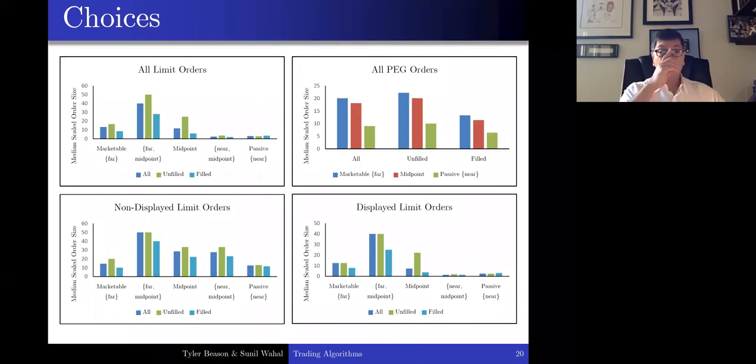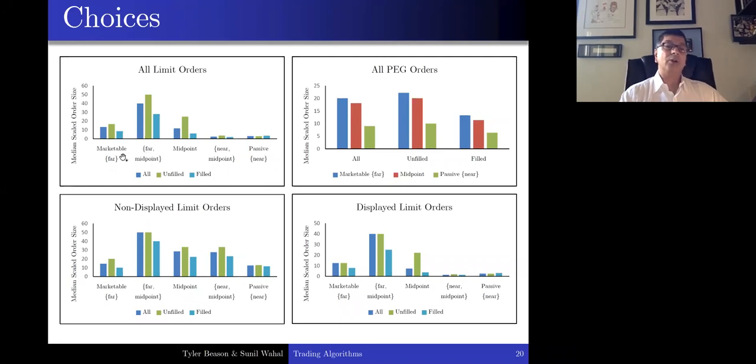And the most interesting part of this that you'll see is, so the y-axis here is the median scaled order size. So this is the size of the order relative to the displayed size of the NBBO. So how big is the order relative to how much size is displayed at the NBBO? You'll notice that passive orders are tiny relative to what is existing at the NBBO at the time, whereas marketable orders are bigger. Of course, again, this is a trade-off here. It's an adverse selection trade-off with respect to passive orders. You don't want to post too much. You don't want to be too big a part of the book. And that's why you're seeing this